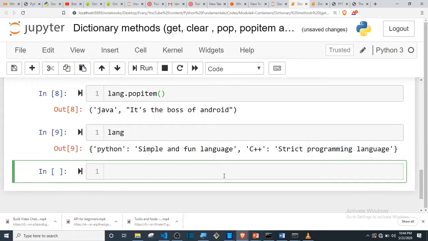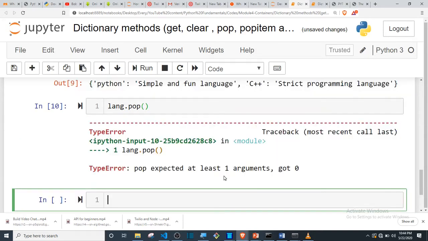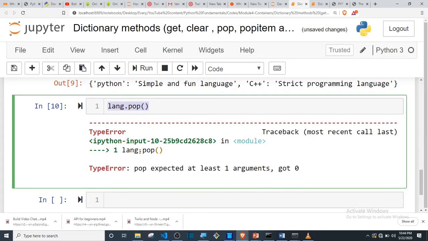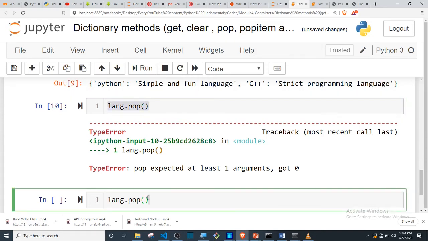Now if you're using pop, unlike popitem that doesn't accept anything, in other words it returns the last value, if you're using pop you must give it what you want to return. If I just say pop, you can see the error I have there: pop expected at least one argument, and it got 0. So I have to tell it, okay, this is what I want to pop out. So let's say I want to pop out what is with the name Python,